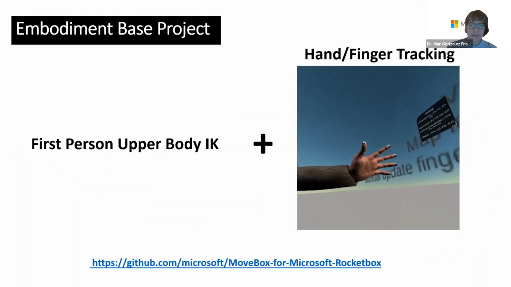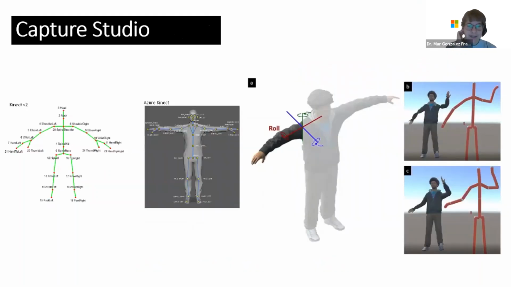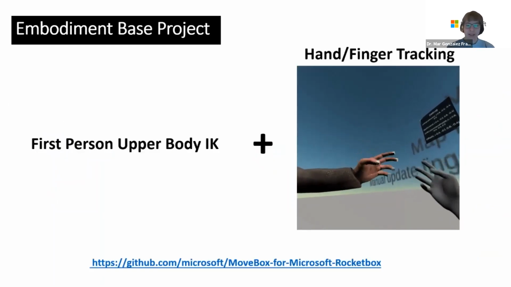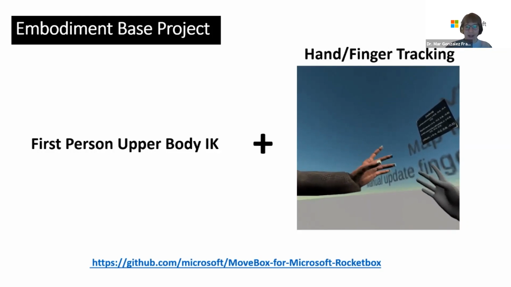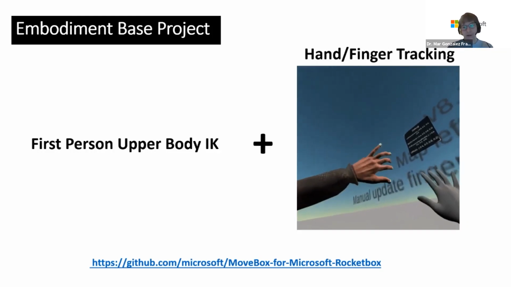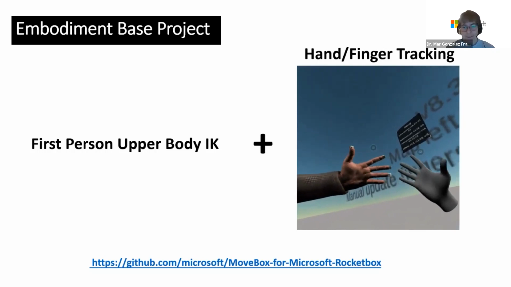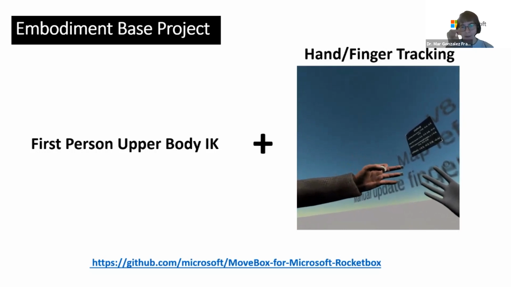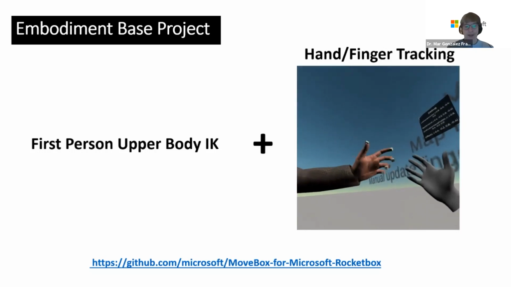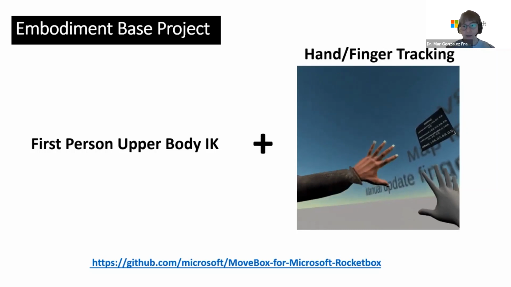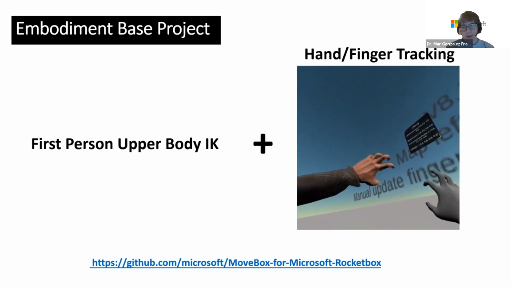And all these things are embedded inside the system, and simplify and improve the quality of the animation. So the second project is this embodiment-based project. The idea here is you put on the headset, and with the headset and controllers, or if you have an Oculus Quest or some MRTK type of compatible device, you can have hand tracking and head tracking, and then render an avatar